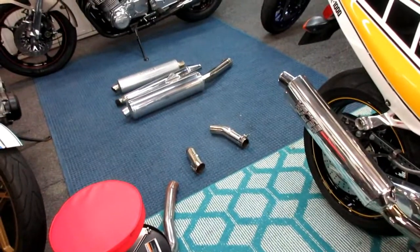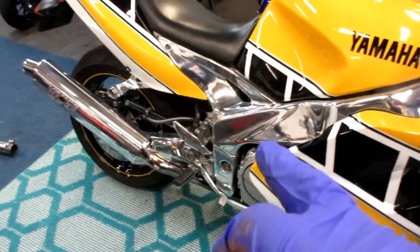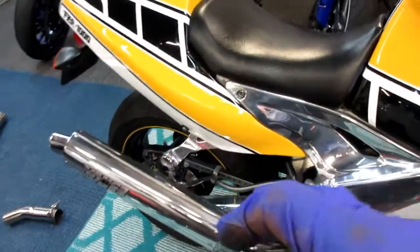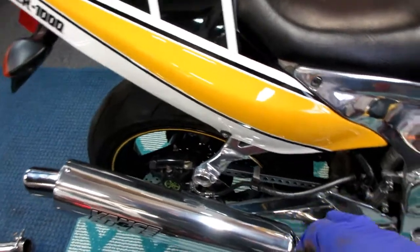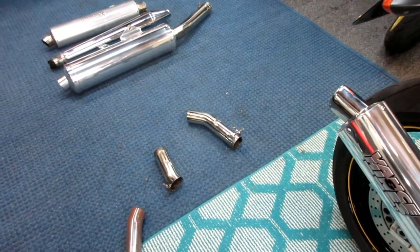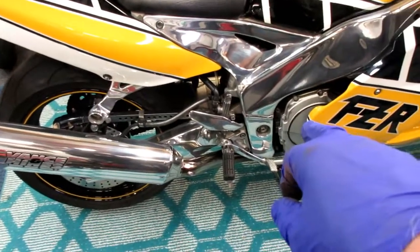Now I spent a good amount of time fitting this in, and it looks like we have the head pipe that went with the Norton muffler. The Norton muffler head pipe has the right bend in it. I may have to make a bracket back there, I don't know, or if we're going to be able to use the stock bracket, but the other one did not have the correct bend by far, and the R6 one not even close. So it looks like now I've got to figure out, I've got to get a clamp down in there,